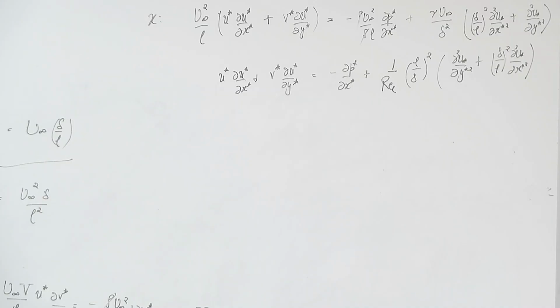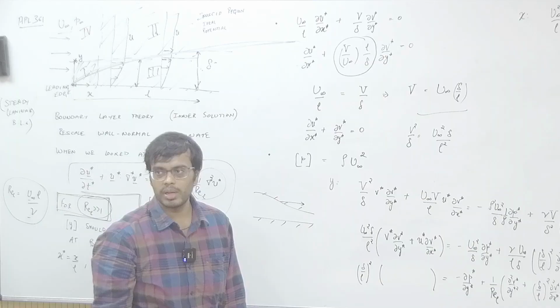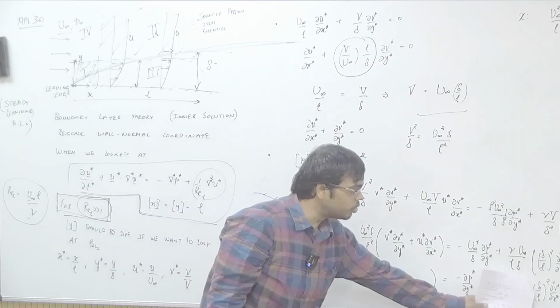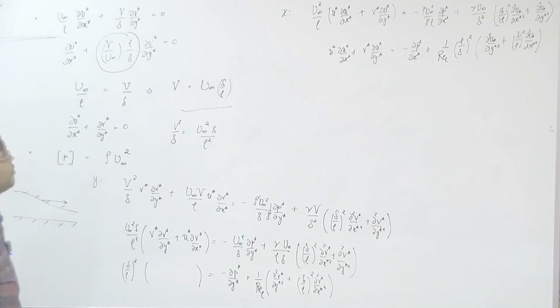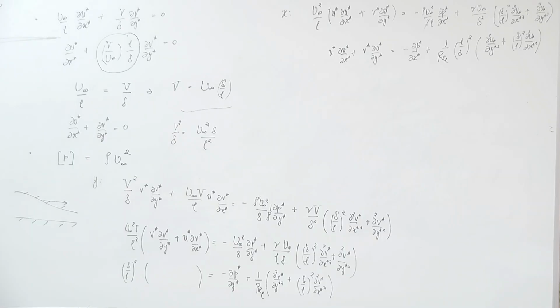Okay, and now is the time when we want to have a relation between this delta and L, because otherwise we cannot make any assumptions. Yes, we can say 1 by Re_L is much smaller than 1, but that is pretty much it. We do not know how this delta by L behaves. Okay, but we can get a relation between delta and L by using some physical reasoning, and the reasoning goes